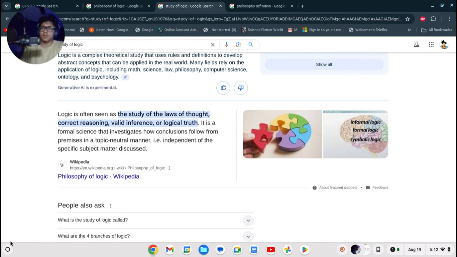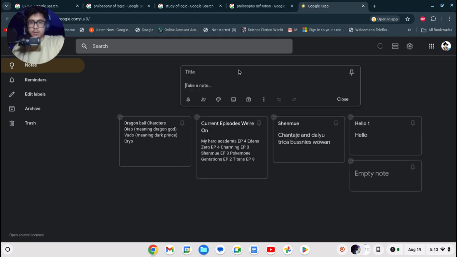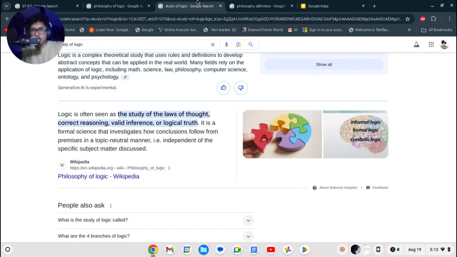Actually, I will do that. I will write that down now. See if I can write it down. Google Keep. Oops, I didn't want to go on the website, but topics, studies, economics. So we'll do economics right now. That'd be a good one to talk about. I think that'd be fun.